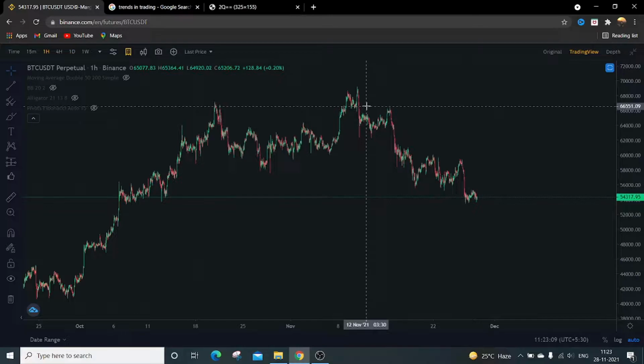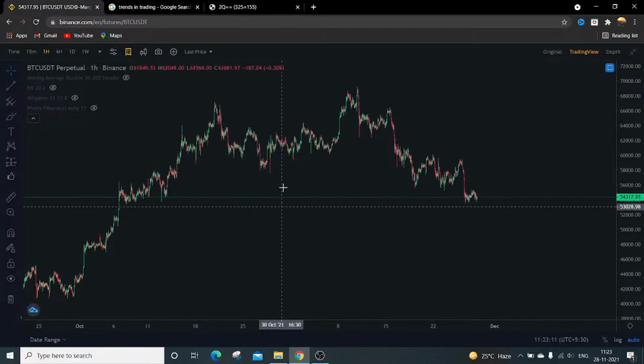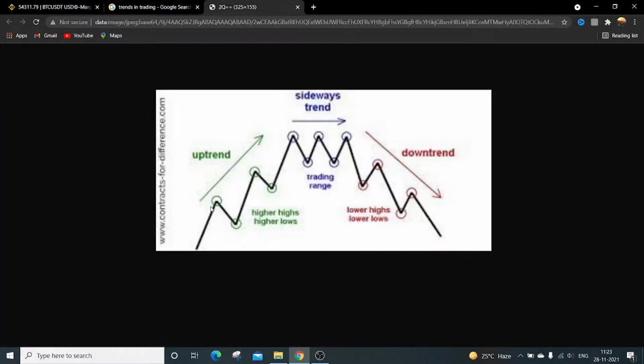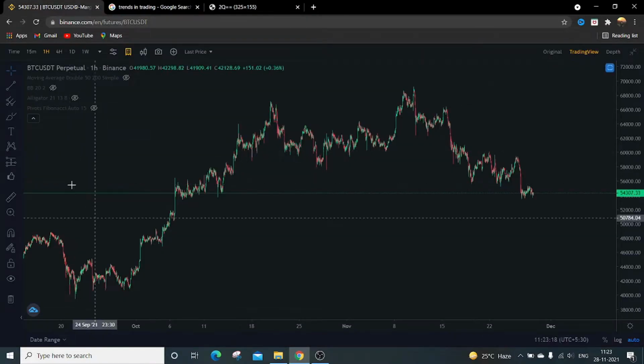Okay, fine. So how to draw a trend line? Basically, we need to connect the higher points and the lower points. So let's do this. I just open the BTC USDT